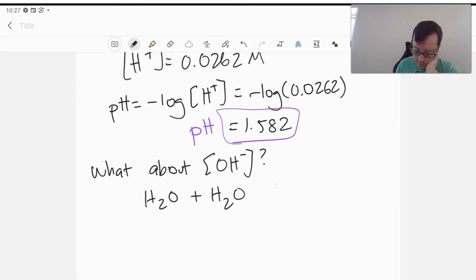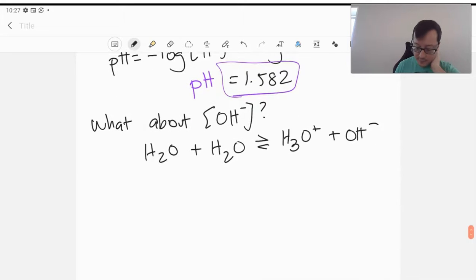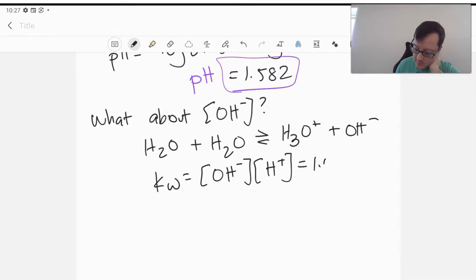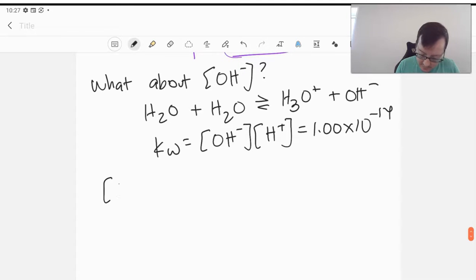our auto-ionization of water, as this equation is called, remember that the K for this equation, which is Kw, is H plus times OH minus, which was 1 times 10 to the negative 14. So if we have H plus, we can find OH minus. We just plug it in. So OH minus, therefore,